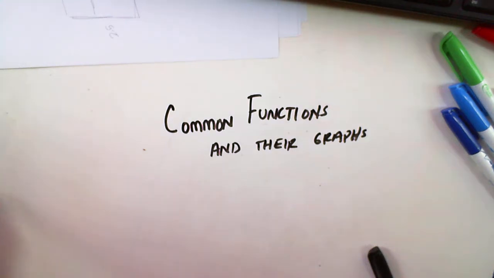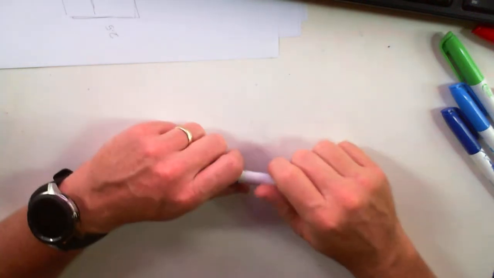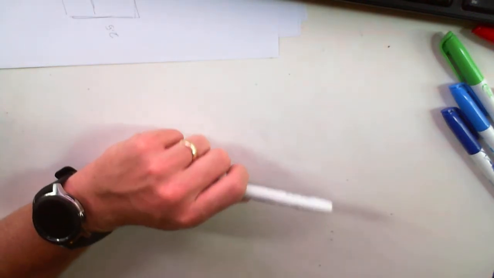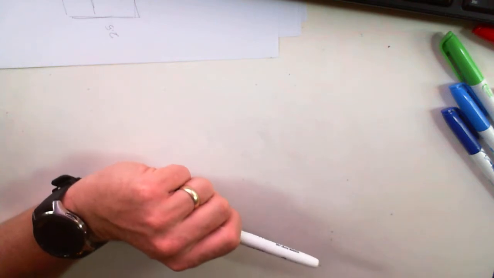Alright, for this video you're going to need the document that is labeled Parent Functions. This is a prerequisite to Unit 1.5, which is about transformations. If you do not have the worksheet labeled Parent Functions out, hit pause, find that, and then hit start. So, as you're looking at this, you see that there are 8 different functions that we are going to talk